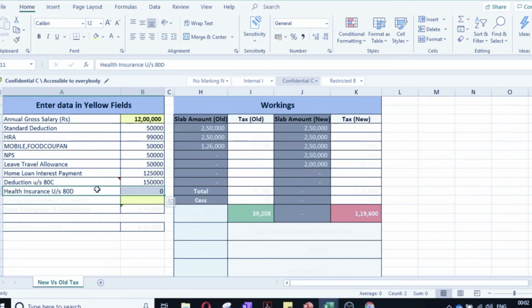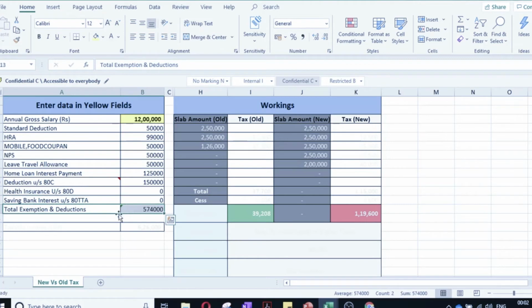I don't know how many of you will take it for your parents, because already under the company they will be giving it. So I don't consider any health insurance. Saving bank interest, that also I am not taking. I will touch it later.